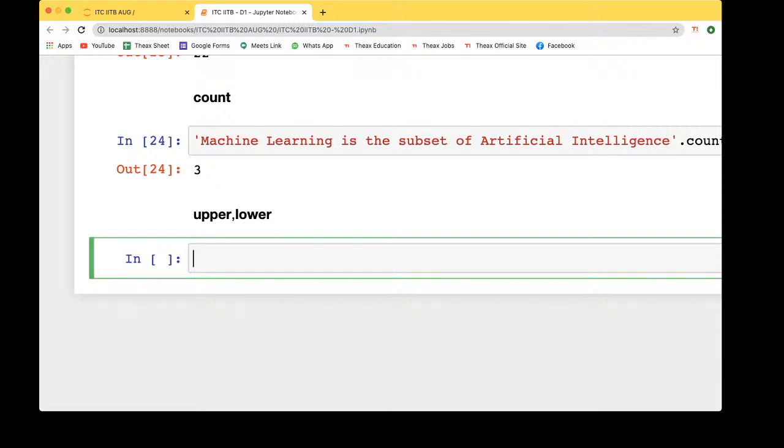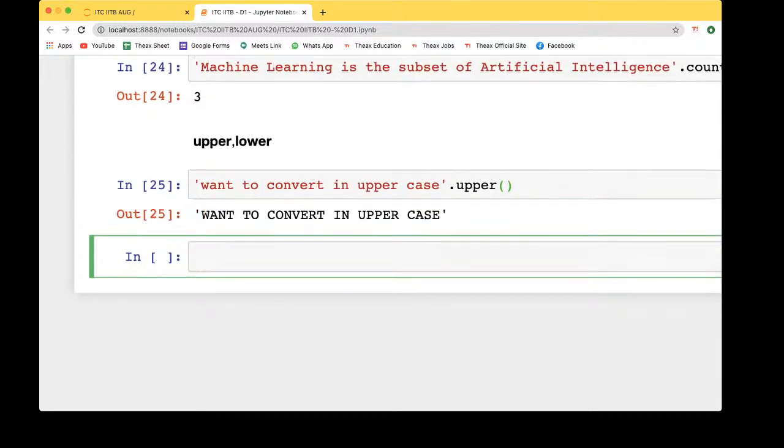As the name suggests, whatever you write will be converted into upper case or lower case, right? So let's say we want to convert this in uppercase. You can just simply write upper and run this. And you can see "want to convert in uppercase" has been printed in upper case.